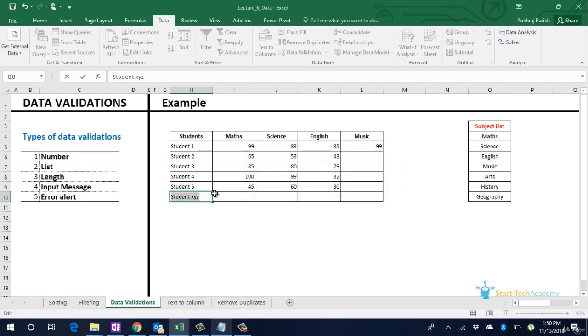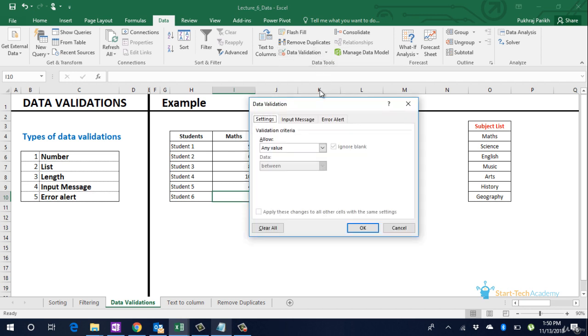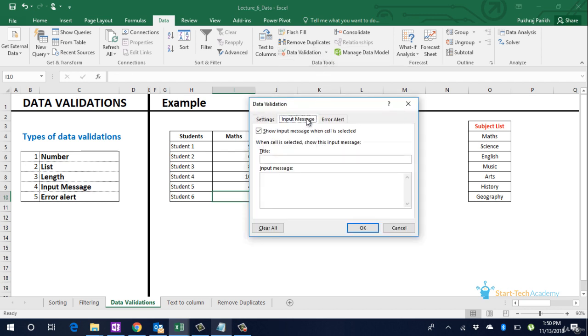In the data validation options, two other tabs are also available. These are the input message and error alert tabs. Input message will be displayed when the user is inputting the data, and error alert comes up when user has already broken the rule that we have defined. Let us customize these two messages and see.